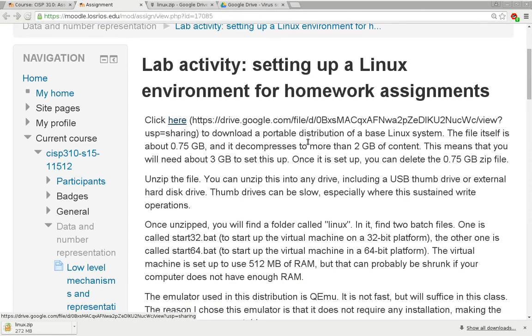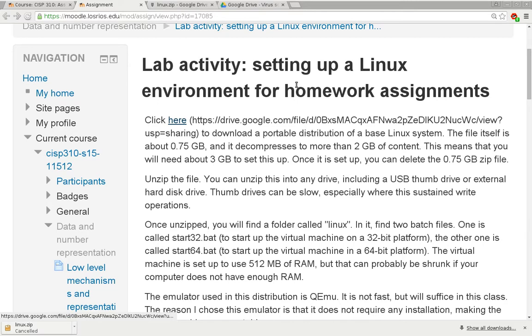Once you download the file, it is a regular zip file. So what you can do with it is really to just go ahead and unzip it into a folder. And that folder doesn't have to be on the hard drive of a computer. It can be on a USB thumb drive or something else. You know what? I just made a mistake. Let me cancel the